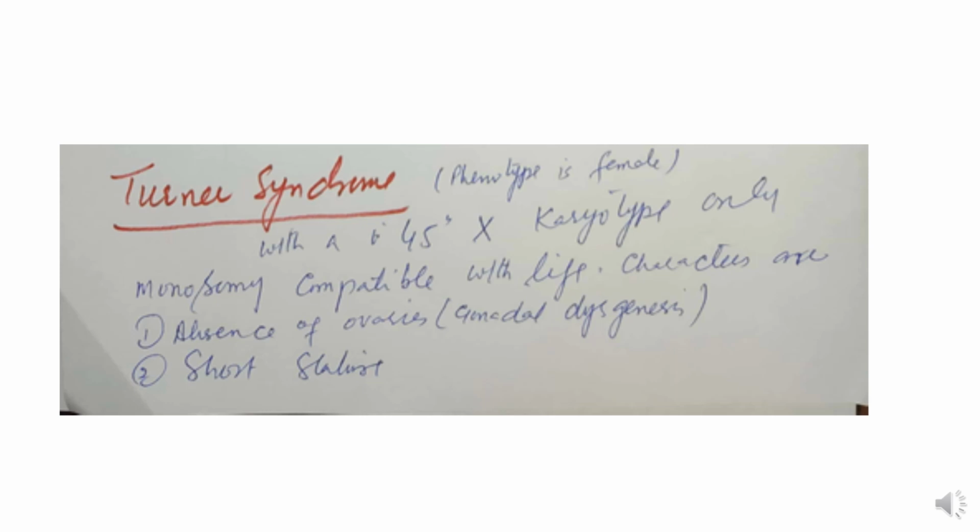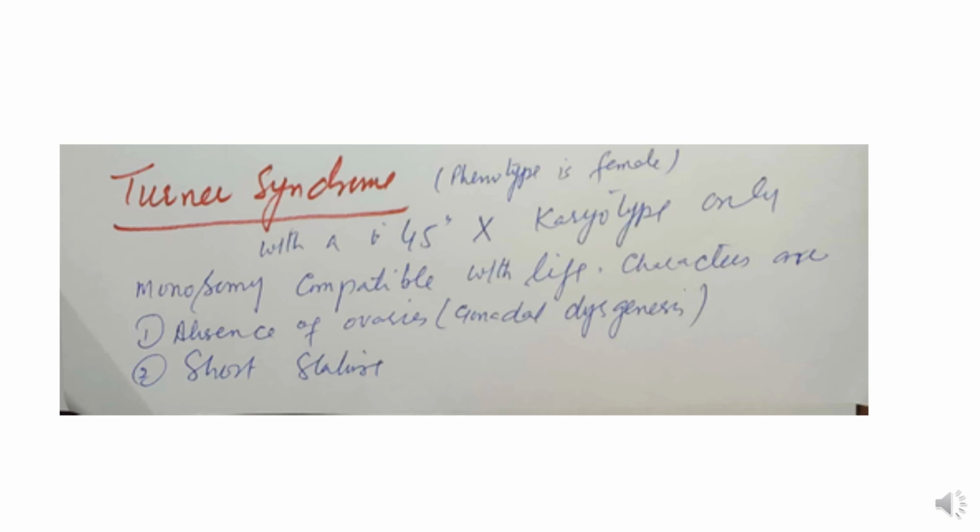Next is the Turner syndrome. Phenotype looks like female. Phenotype is female. Here again the cause is the chromosome that shifts to the other side, which becomes 47, and which fails to receive, that becomes 45, X karyotype only if it fertilizes with the Y. Monosomy compatible with life. Characteristics are, number one, absence of ovaries,